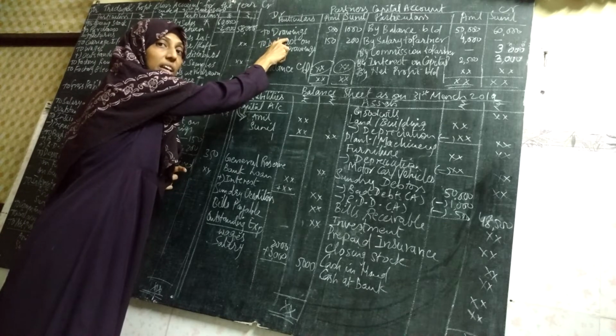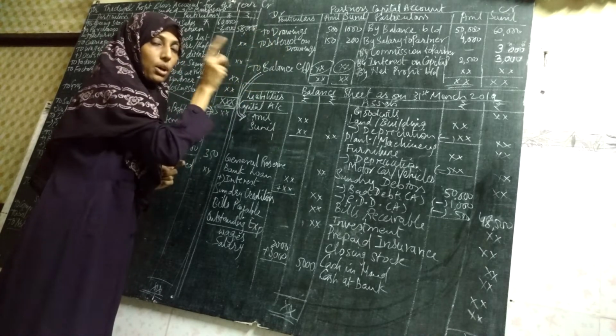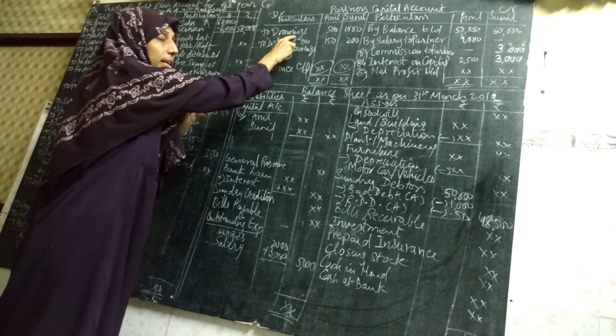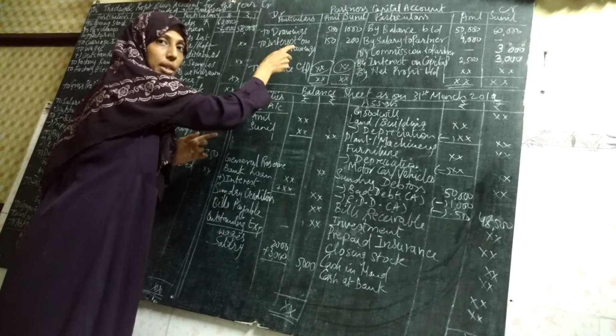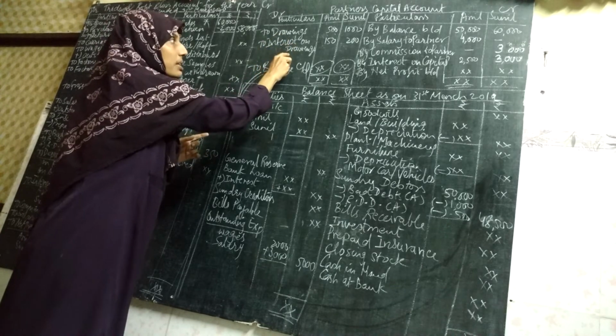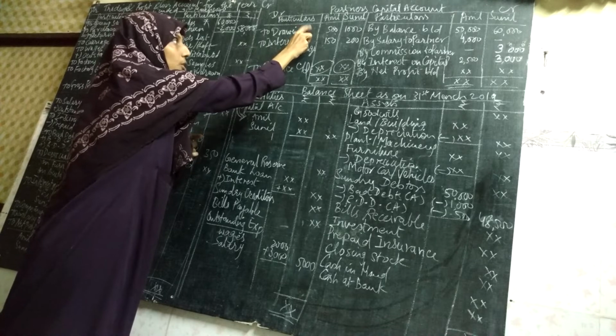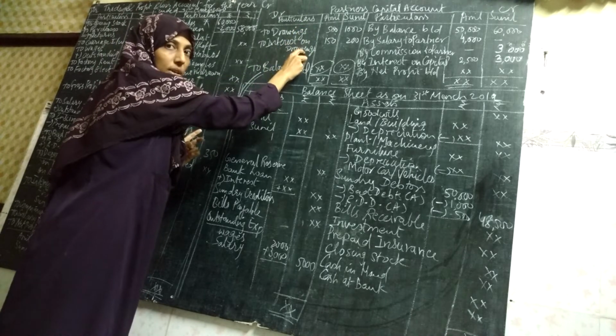he has to pay interest on drawings to the business. It is like a penalty on the businessman. Since he is withdrawing the money or goods from the business, the interest on drawings will be a penalty on him. So interest on drawings will be a penalty on him. So interest on drawings comes in the second line.